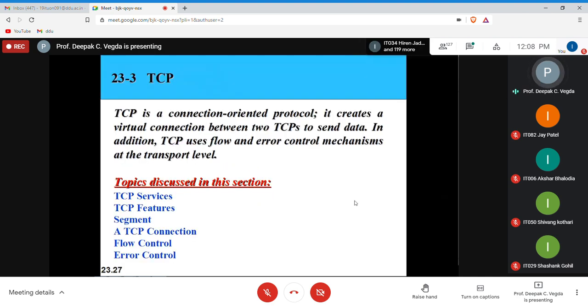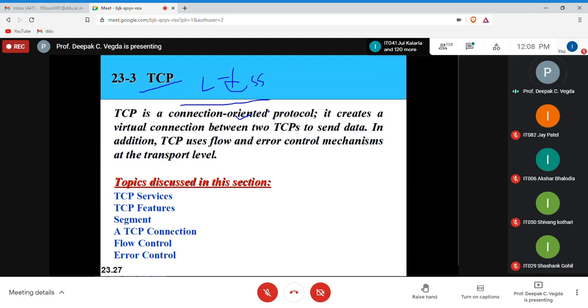So the second protocol which you might learn in your transport layer, actually we are learning this in the transport layer, is TCP, Transmission Control Protocol. TCP is a connection oriented protocol. Now keep in mind that there are two kinds of services you can have: connection oriented and connectionless. Connectionless means that you do not need to build any connection between the two devices which are communicating. They can directly throw their messages, and when you receive a message, you can throw back a response if you want.